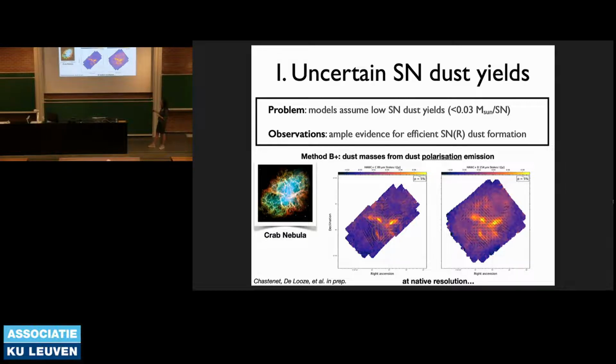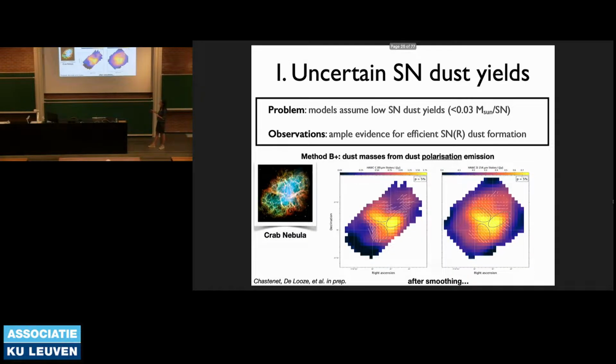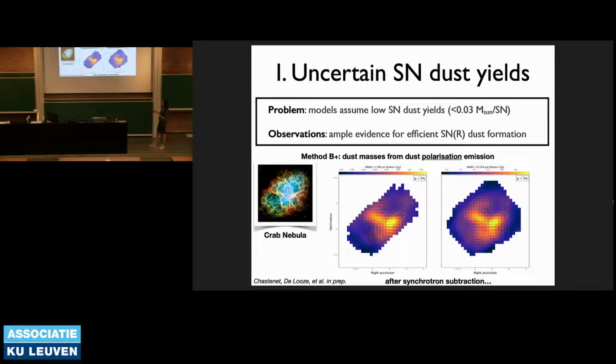Of course, because the signal to noise wasn't that good, and because we want to compare to Herschel data, what we did is we smoothed the data. So you can see the resolution is degraded. And then we also had to correct for synchrotron, of course, because remember, there's always the synchrotron in the Crab Nebula, so we have to correct for synchrotron polarization as well. So that's what we did in a careful way. And then we focused our study on the polarization fractions within those 3 regions, the 3 regions where we also have the highest supernova dust masses, in the hope to get a better constraint on how many carbon grains and how many silicate type of grains we expect to be present.